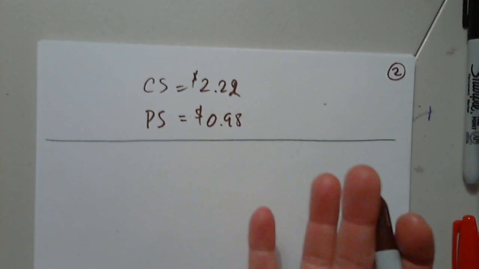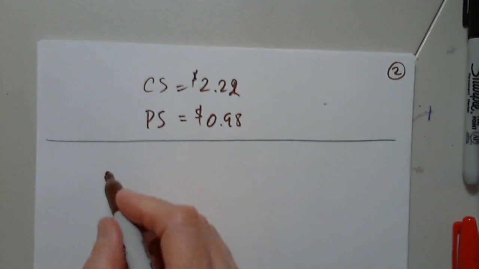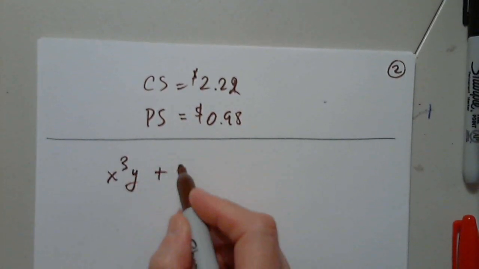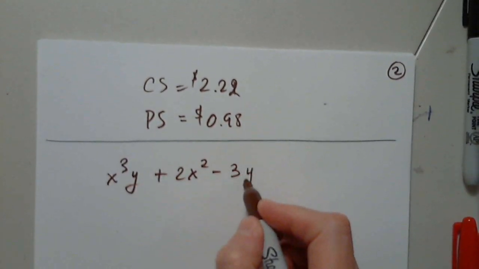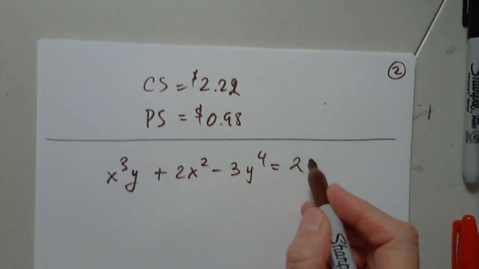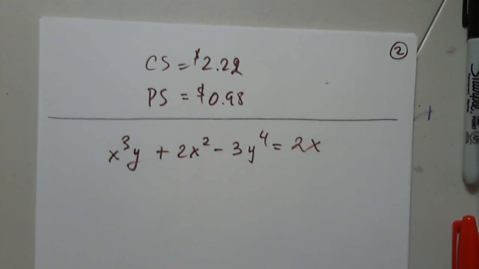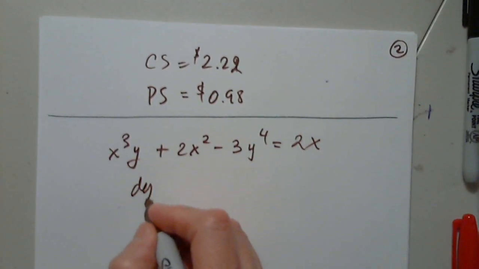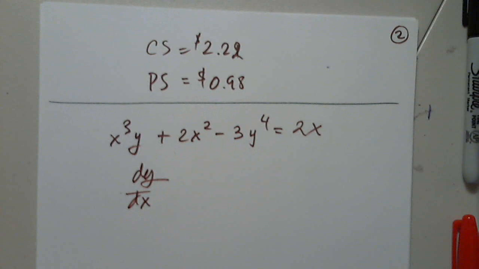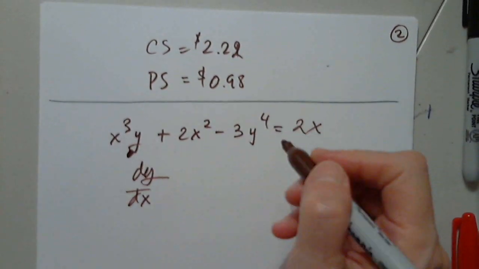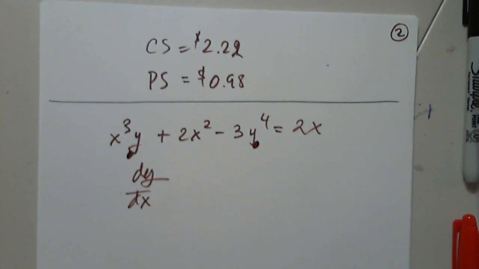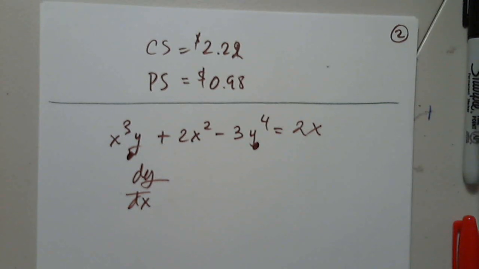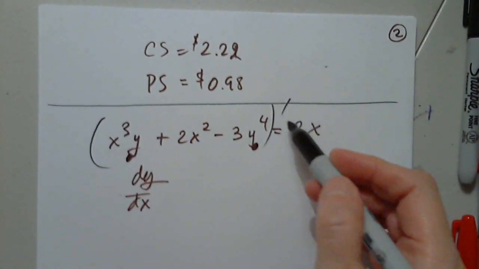Okay, a situation with implicit differentiation will be something like x to the third y plus 2x squared minus 3y to the fourth equals 2x. We cannot solve this equation for y. So if we're asked to find dy over dx, then I know you can put a little dot under this function, and you know it's a function, and be careful when you differentiate. So when I differentiate both sides, because that's the only way,